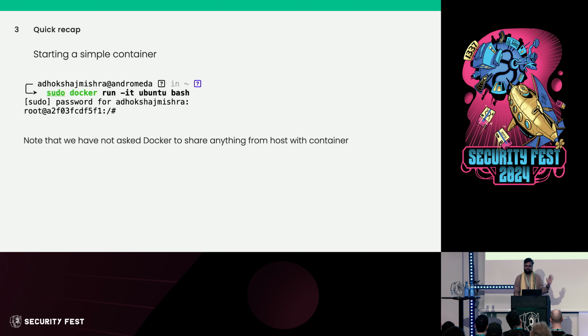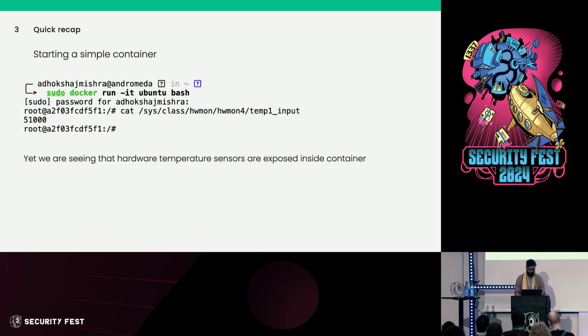And obviously, there is nothing shared between host and container. I have not shared any path, any volume, anything. It is just a completely isolated container, or at least that is how write-ups and blogs try to portray it. They show you this command line, they say that in the command line nothing is shared, therefore nothing is actually shared, but there is a catch.